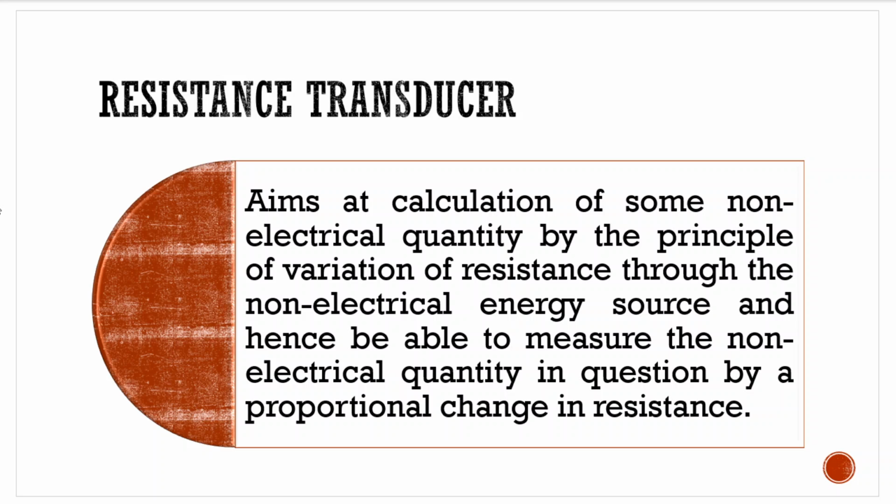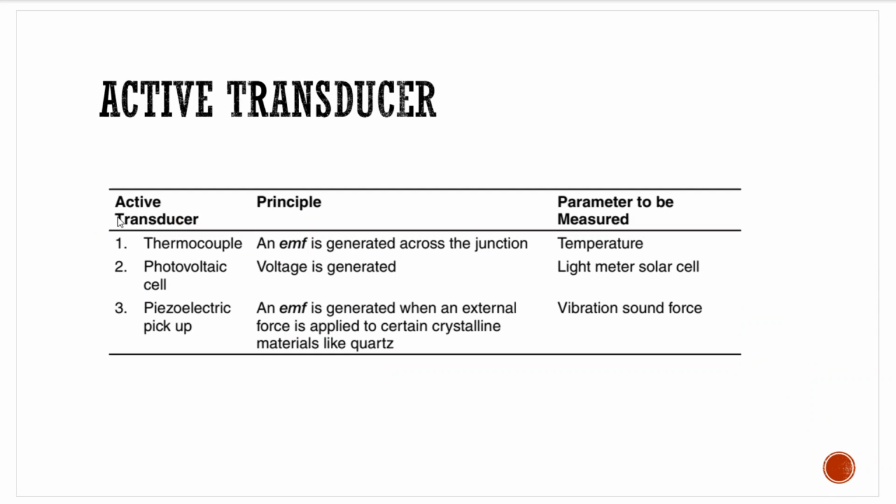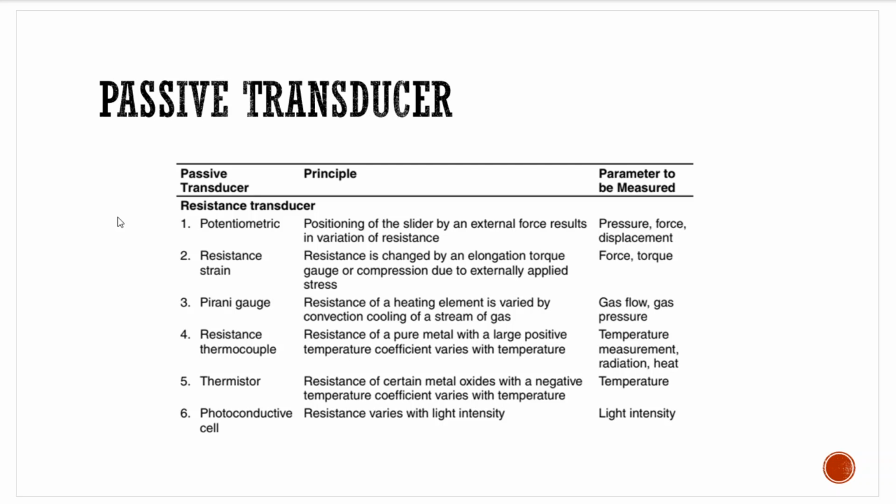So last time I said to you what transducers do, how transducers work, different types of transducers, passive and active transducers, different types of passive transducers, resistance, inductance, and capacitance based transducers. So all that was discussed in the last session, and so I said to you we'll be starting with the resistance based transducers.